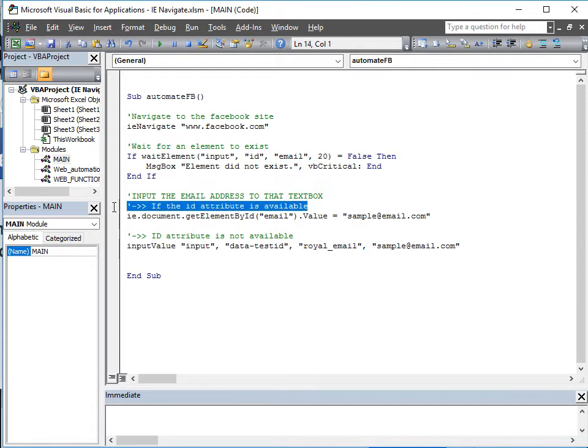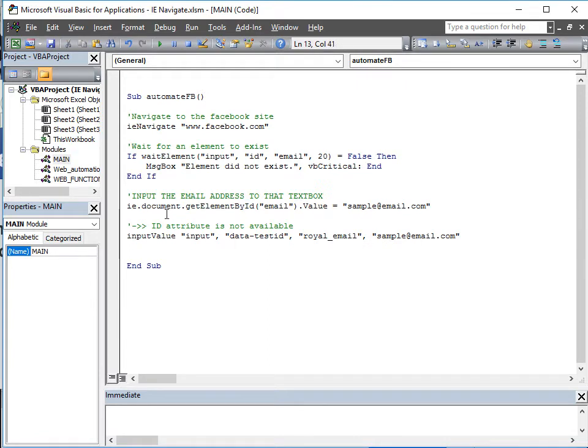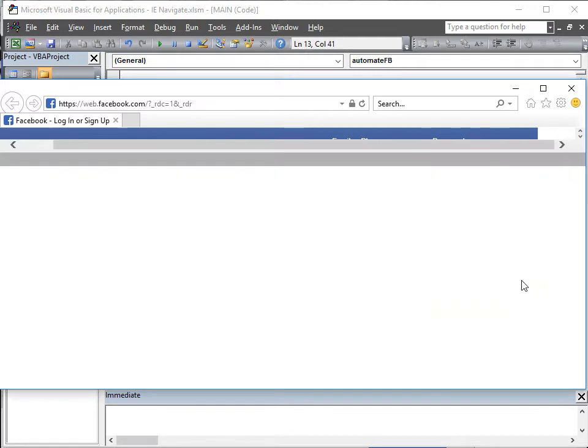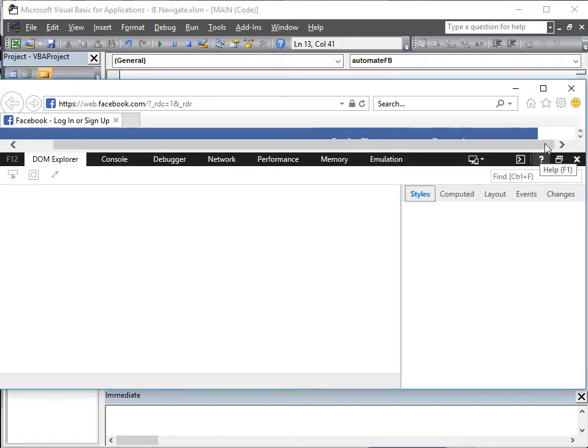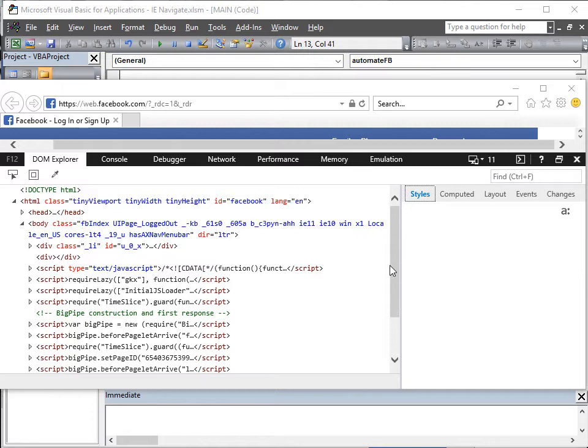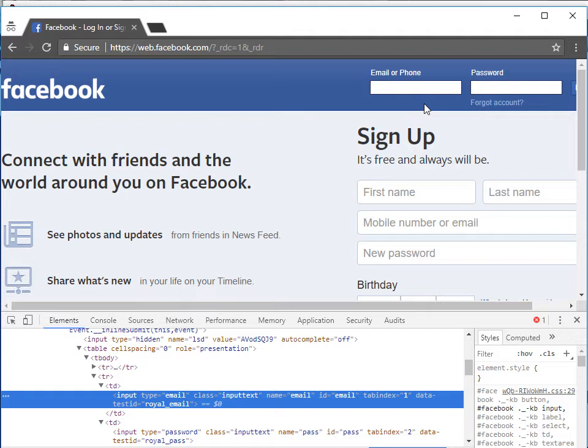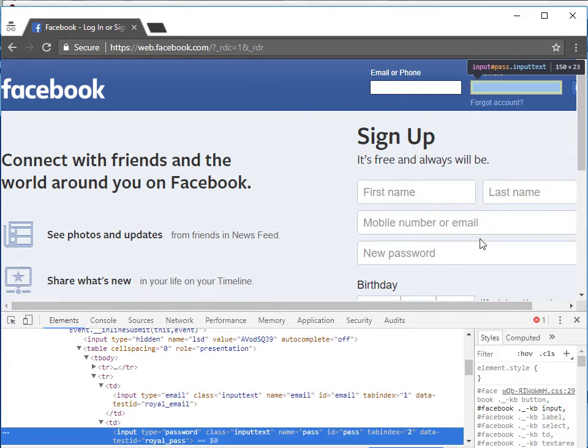So I'll just remove this comment, and we'll do this for email, and then to use our input value function, I will be using that for the password element. Oh, this is an Internet Explorer. I'd like to do the inspect element more on the Google Chrome browser. So here,